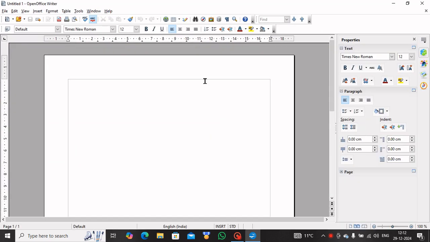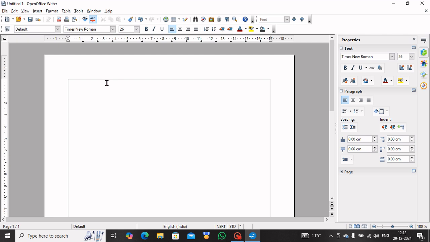Now this is the main document where we are typing the letter. It is the main document. So I am increasing the font so that it becomes larger. Okay. Now suppose I am drafting one common letter and